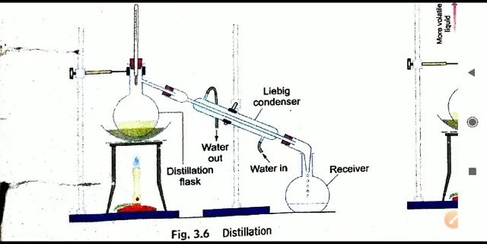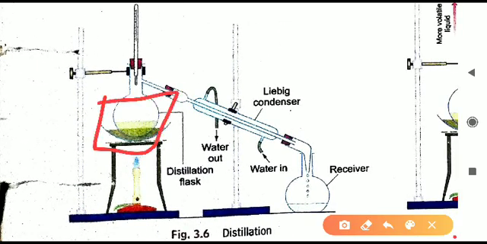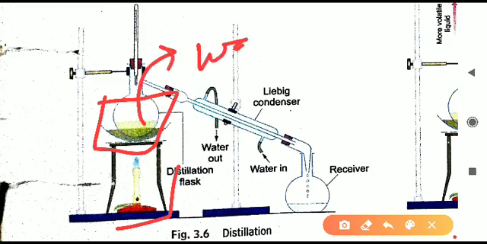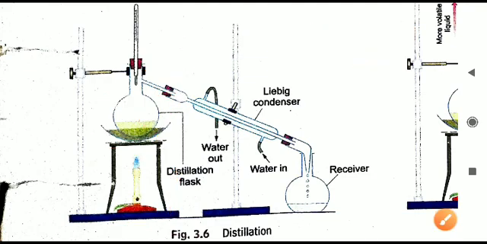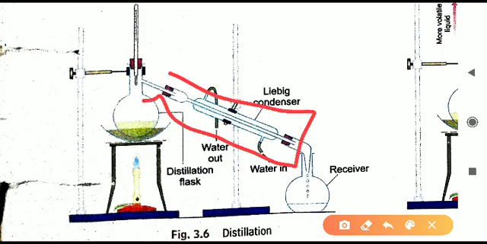So this is the experimental setup. Here we are taking the container and we have taken the mixture here, and below you can see fire is there. We are heating this substance. So when we heat, what will happen? Water will evaporate and convert into water vapor. It will move upwards, and on moving upward it is connected to a tube. This tube is given here. You can see the name is called Liebig condenser.